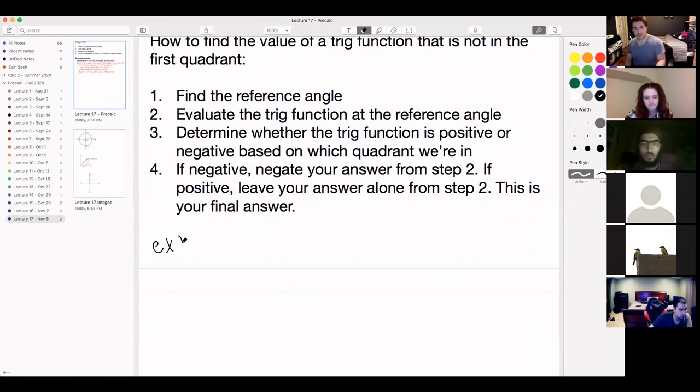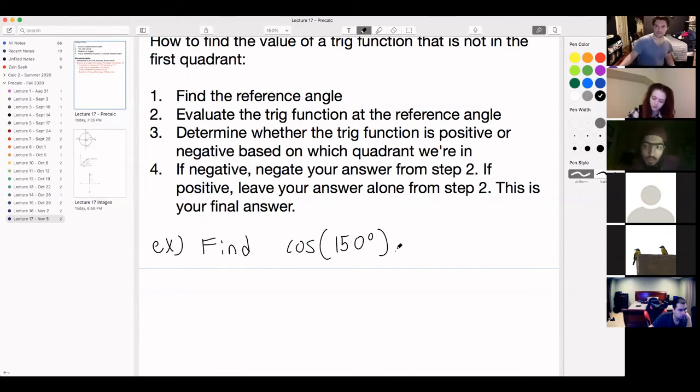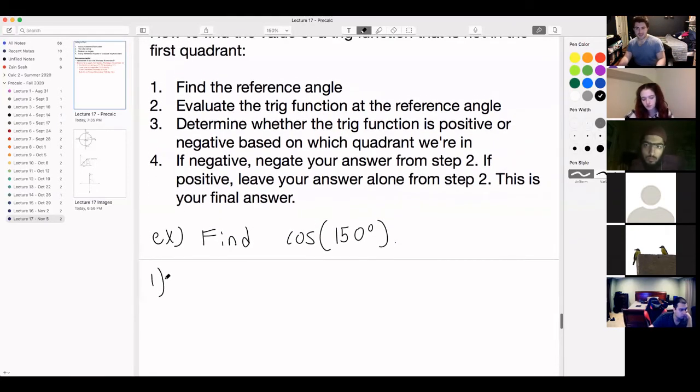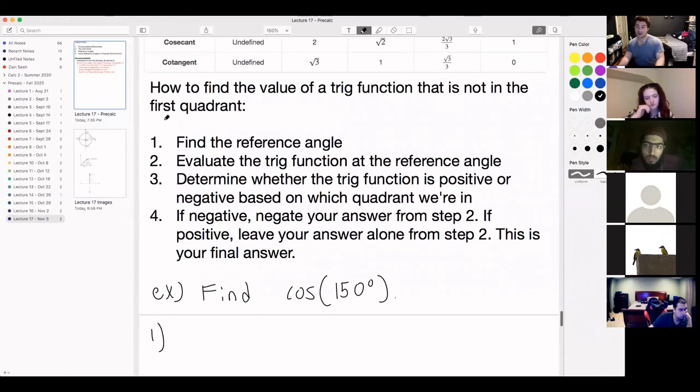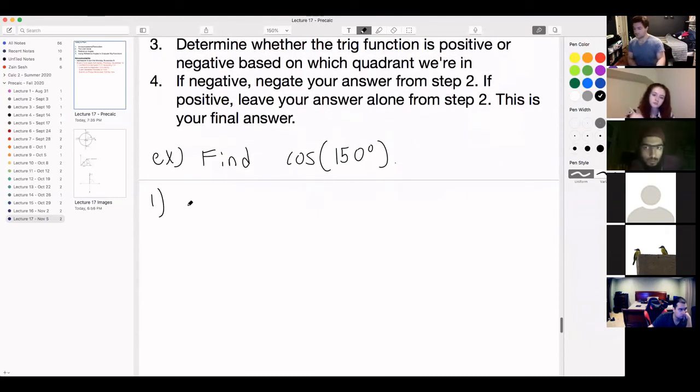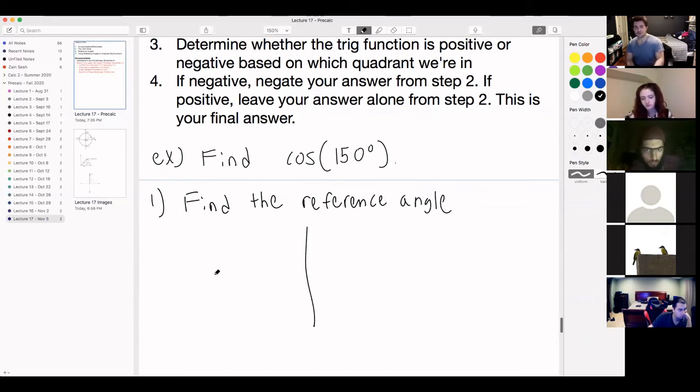So example, find cosine of 150 degrees. Okay, I'm going to number the steps as they correspond to the steps that I wrote out up here. So 1, we're going to find the reference angle. So 1, find the reference angle. Good, so 150 degrees. We need to figure out the reference angle for